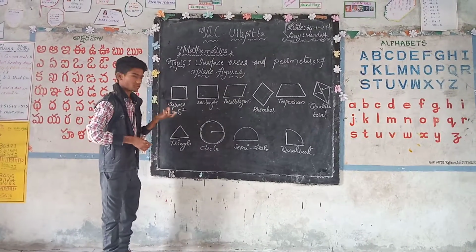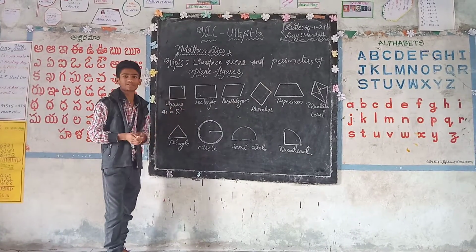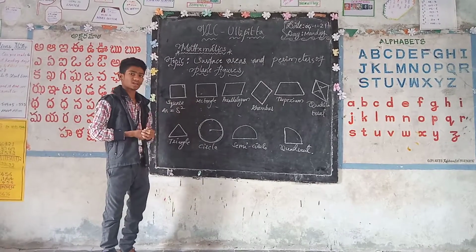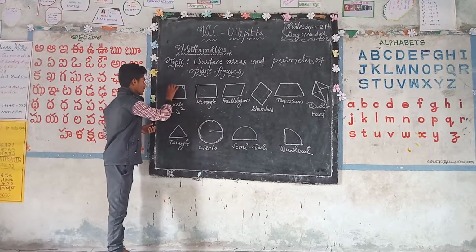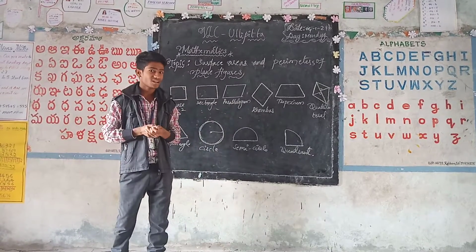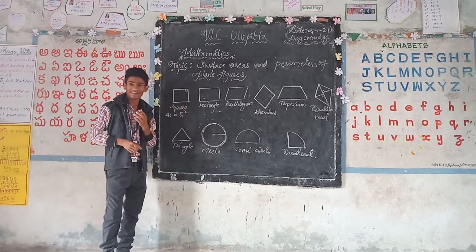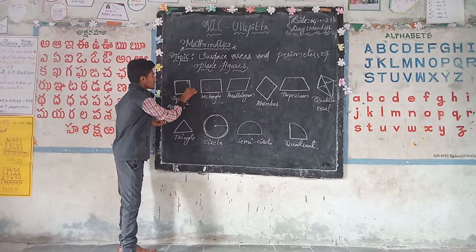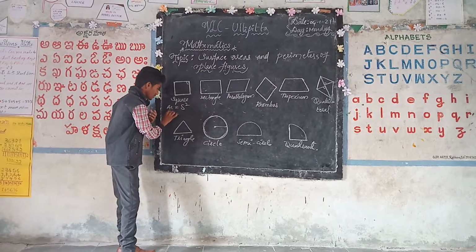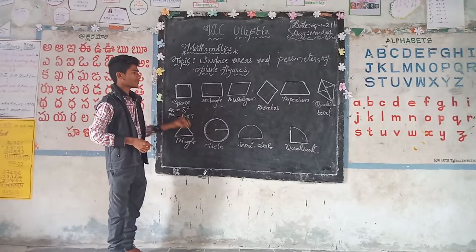So let's further discuss how to find surface areas of plane figures. Now I am giving whatever the plane figures and the formulas to get the areas and perimeters. So perimeter of the square. All the sides are equal. How many sides does a square have? 5, 3? No. Here we can see 4 sides are there. Yes or no? So the square has 4 sides, and all sides are equal. So perimeter equals 4 into side. This is the area and perimeter of the square.